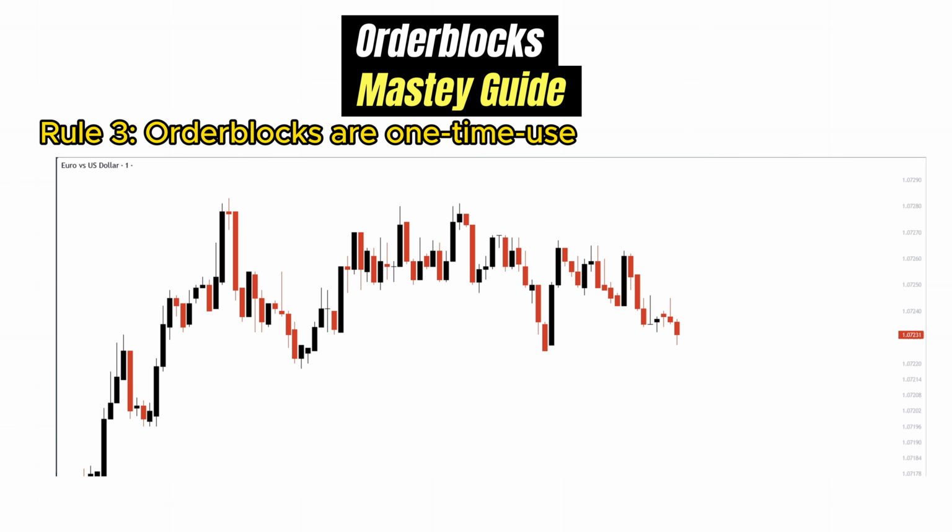So we have the Eurodollar on the 1-minute time frame. Right now it's in a kind of slow uptrend. We see the formation of a high, a low, the break of the high, which marks the bullish break of structure. Then price sets a high that hasn't been touched yet. But the important detail is that the next low is higher than the previous set low, and the next low is also higher than the previous one,